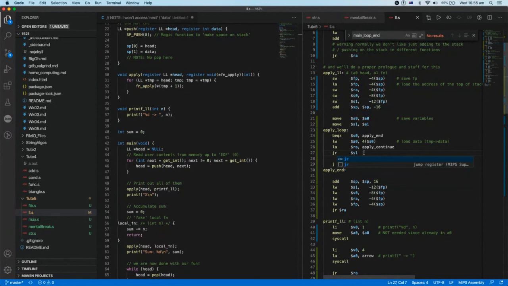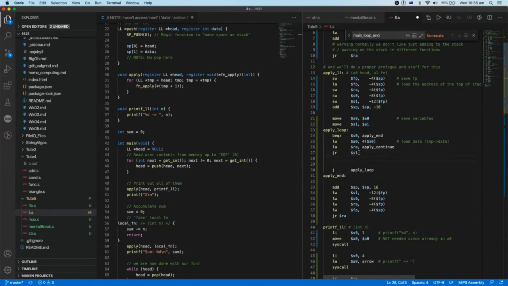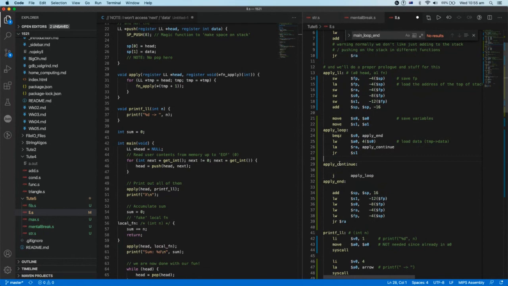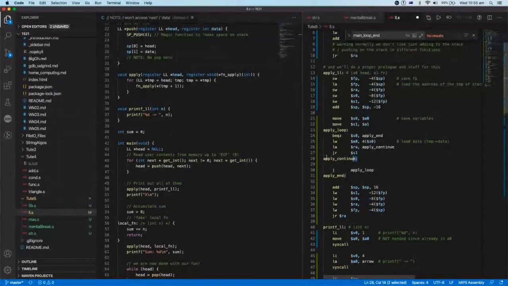Just jump and link. I think in typical MIPS you can, but not in the SPIM that you have. So instead, what we have to do is do it manually. We're going to load ra to some continue label, which can be done here, right? And then we're going to jump to the function, and once the function ends, it's going to go back